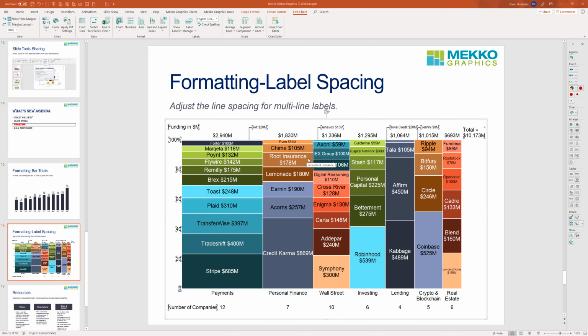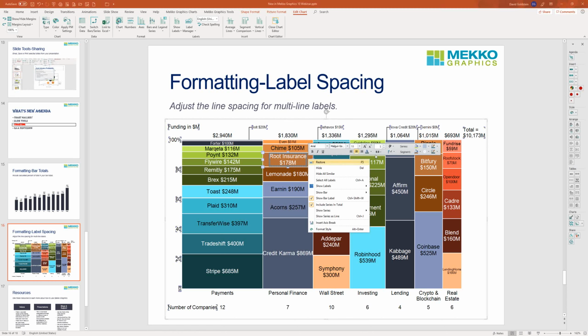I'm going to click on this Root Insurance label here, right click, and right here we added text line spacing squeezing to the right click floating menu, this little gray menu. If I click here, I'm going to start squeezing. Root Insurance is going to get closer to 178 million with each click. So hopefully you can see it move closer. And eventually they're going to overlap, which you probably don't want to do,